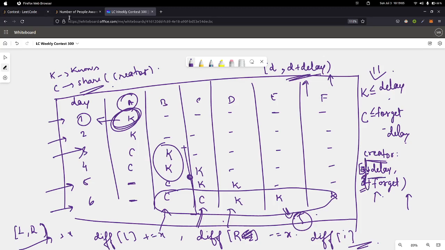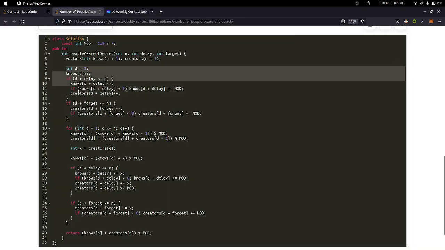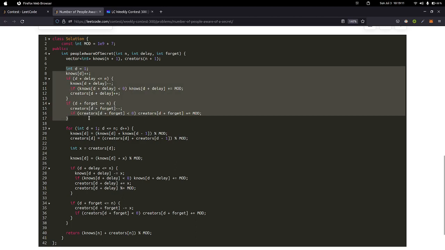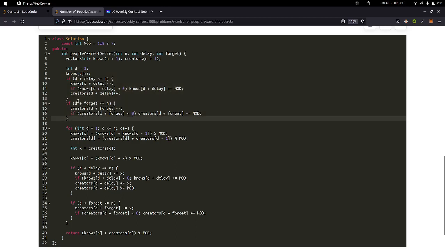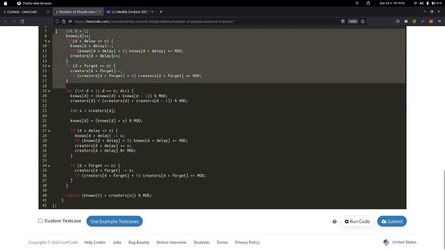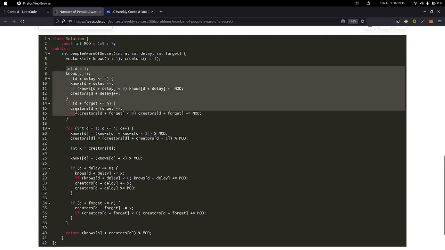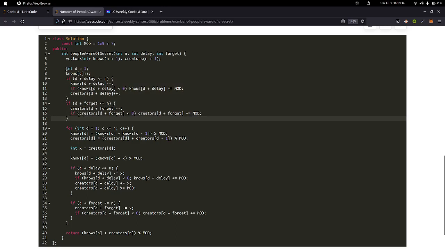So yeah, I'm also updating that here for the first person. All these things are only for the first person, and then again the forgetting period starts from here. Same applies here. Again I'm subtracting, taking the modulo, and then once I update the information for the first person, this is essential because only using this information we'll be able to create the remaining persons. So this is kind of a pre-processing step,